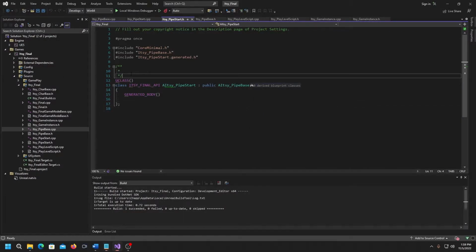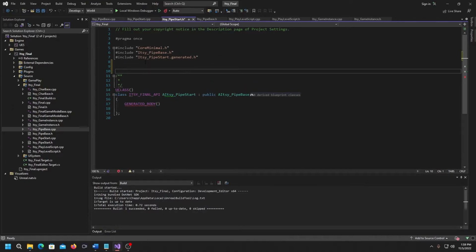All right, so just like before, where we created the row base for our pipe bases, we're going to create an additional row base for each of our child classes as well, so that we can have specific information related just to that particular flavor of pipe. In this case, it's going to be the pipe start. So we're going to just put something in there so that we know it's there and we know everything's working. So USTRUCT,